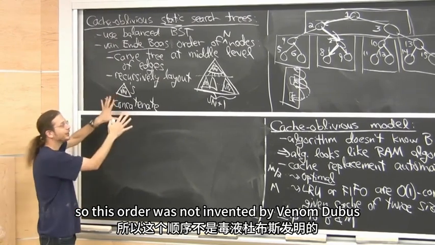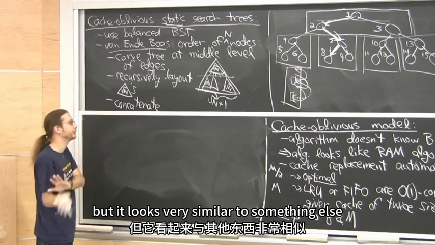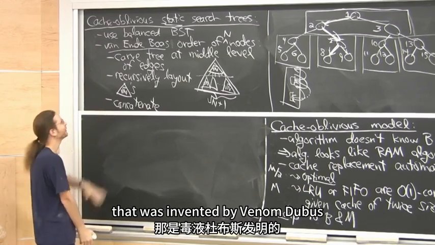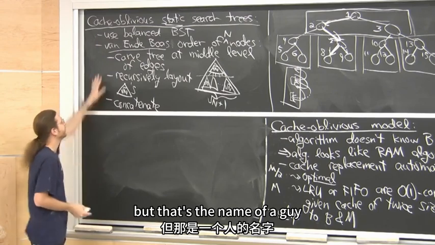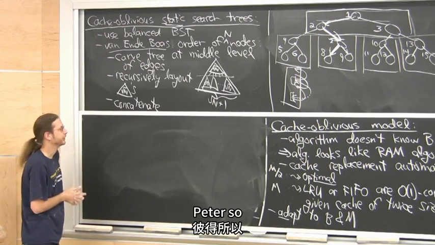So this order was not invented by Van Emde Boas, but it looks very similar to something else that was invented by Van Emde Boas, so we call it that. But that's the name of a guy, Peter. So